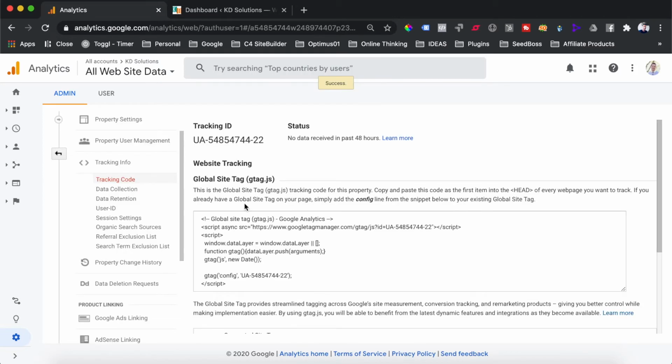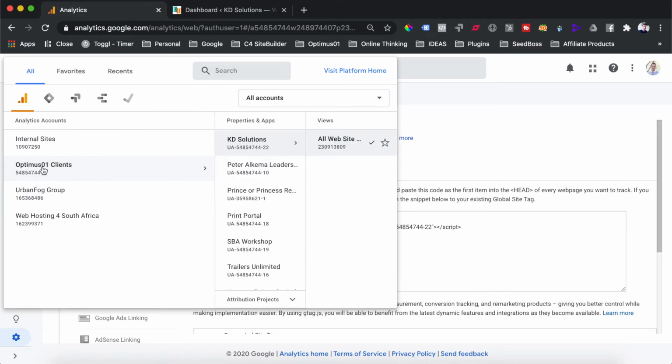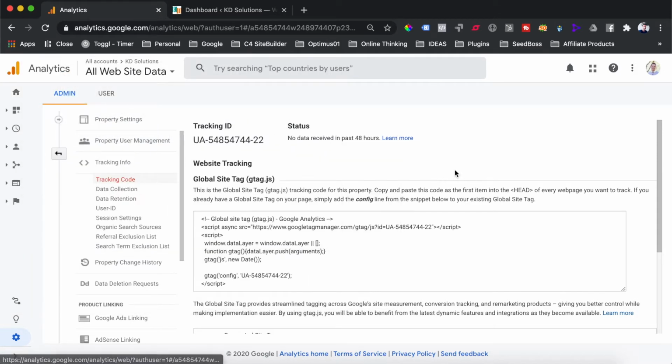Perfect. Now our brand new analytics account for this particular website has been created by Google. Keep in mind that on your Google Analytics main account, you can have multiple websites, and you can set up multiple analytics tracking codes for multiple different websites. So that is something to keep in mind. And you will see here at the top, it'll give us the full tree of where your websites are. So you can see here we created this under Optimus Clients, and there's the new client